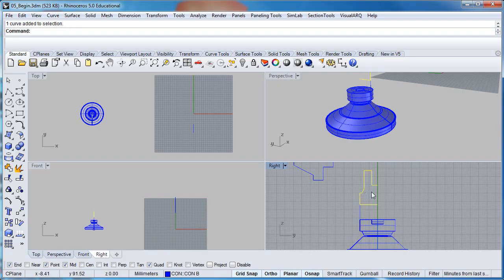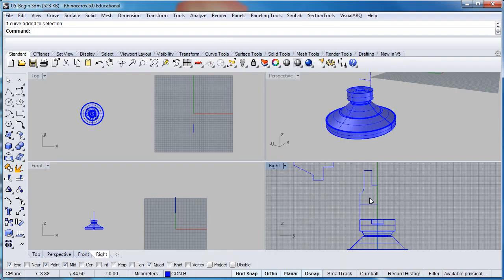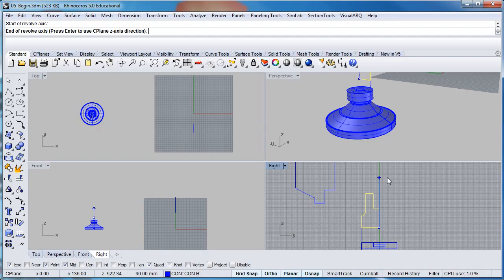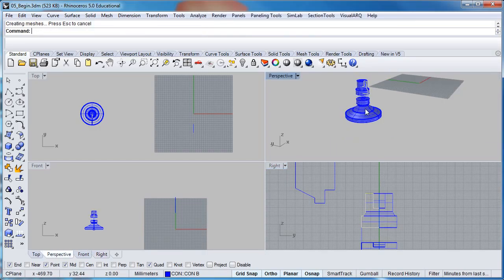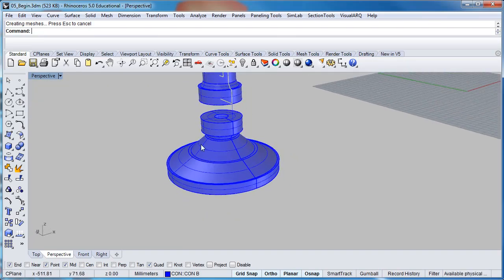So we highlight it by left-clicking it. This time, rather than going to the command bar and right-clicking, because we already used that command revolve just before, we can be on any viewport and simply right-click, and by default, it will come up with the last command we've used. So you can see on the command bar, it said start of revolve axis, so we can click end. Ortho is on, so all we need to do is drag directly up the page, left click again, then start angle, right click, and if you look on the perspective viewport, I'll double click so it can clearly be seen, we've got